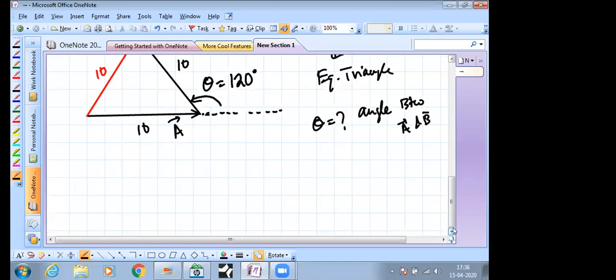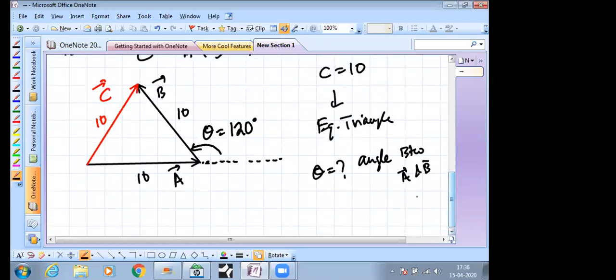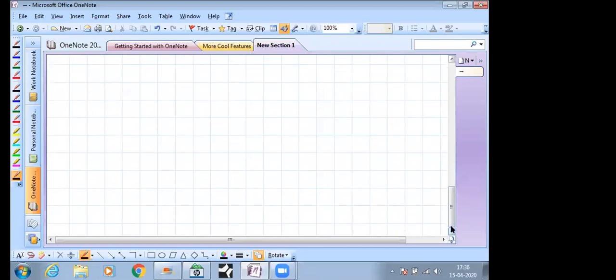Then Uday, I hope you will understand that the angle cannot be 90 here, because had the angle between A and B been 90, then the resultant would have been 10 root 2. It would not have been 10. This would have been a right angle triangle. I wanted an equilateral triangle, because I want the magnitude of C also to be 10. So I'm forced to make the angle 120. And yes, the ASTC rule we have to see next. So next, what we will understand as part of triangle law only,